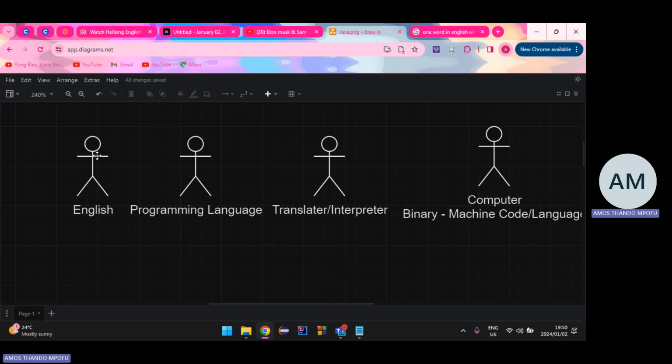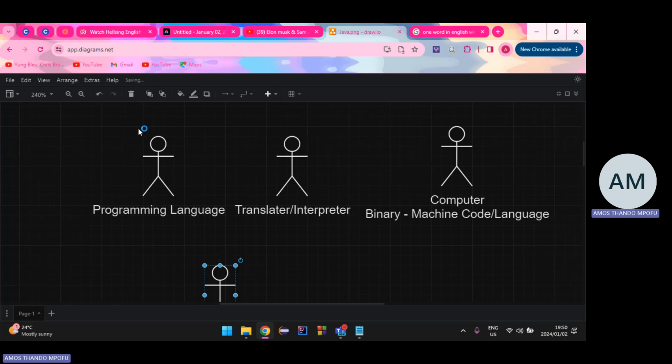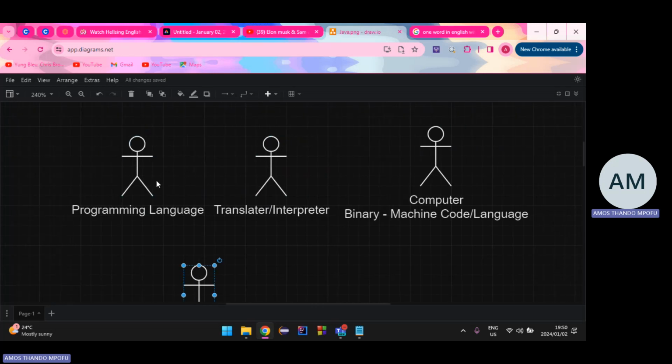So now it becomes just like this. This is now how it looks. There's the programming language. It gets translated or interpreted into the computer language, and vice versa. You can convert that back to programming language.